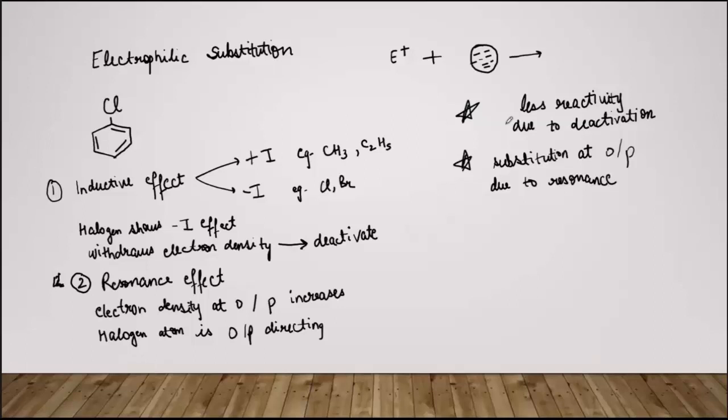So in simple terms we say that reactivity is controlled by the stronger inductive effect, क्योंकि फाइनल तो लेस रिएक्टिव हो रहा है ना, सो दैट मीन्स रिएक्टिविटी इज कंट्रोल्ड बाय स्ट्रॉन्गर इंडक्टिव इफेक्ट, व्हाइल द ओरिएंटेशन इज कंट्रोल्ड बाय रेजोनेंस। क्यों? क्योंकि ओरिएंटेशन मतलब जो पोजीशन है अटैक की, जो जहाँ पे सब्स्टिट्यूशन हो रहा है वहाँ की जो पोजीशन है, दैट इज कंट्रोल्ड बाय रेजोनेंस। ठीक है, सो यू कैन राइट दिस important statement, that is reactivity is controlled by stronger inductive effect while the orientation is controlled by resonance। So the electrophilic substitution reactions in haloarenes, they occur slowly and they require more drastic conditions as compared to benzene।